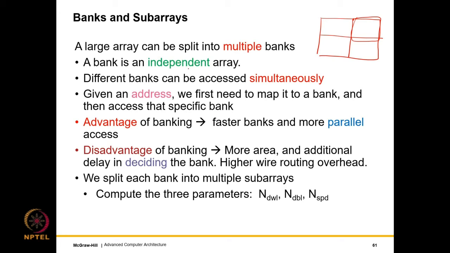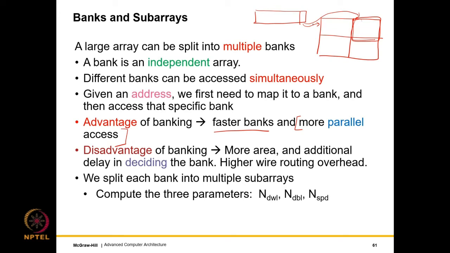The idea is that they do allow concurrent access, right? So basically one is that because they are smaller, they are faster. But that's not the key point. The key point is we can access different banks in parallel. So what do we do? We take the address. From the physical address, we find the block address. From the block address, let's say we take the 2 LSB bits. We use them to find the ID of the bank, and the address is sent over there.